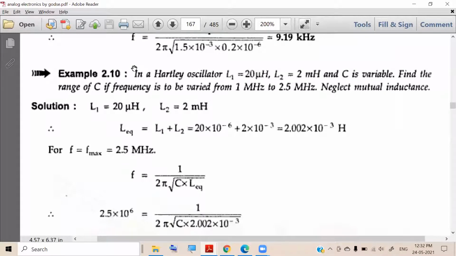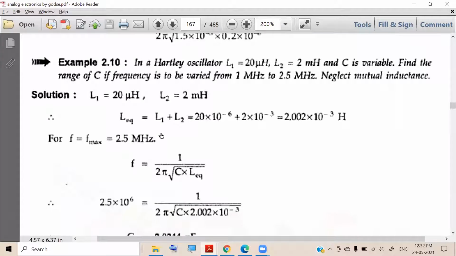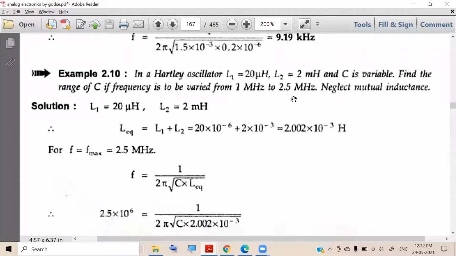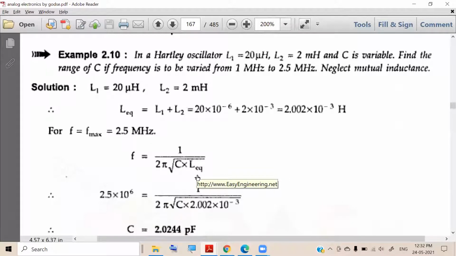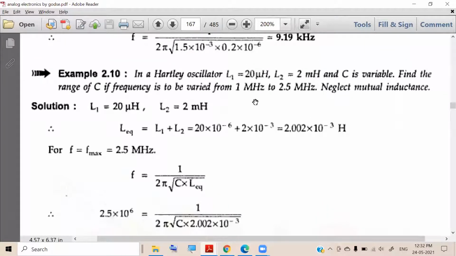2.008 picofarad. Okay, 2.008 picofarad, correct answer. So next, what we are doing here: first the F value, we are substituting this and simplifying C, and we got 2.008 picofarad. Next task, what is the next task? Anybody answer? F value, what should we substitute now? 1, sir. Very good. Next, for the F value, put 1 megahertz, then find out C.